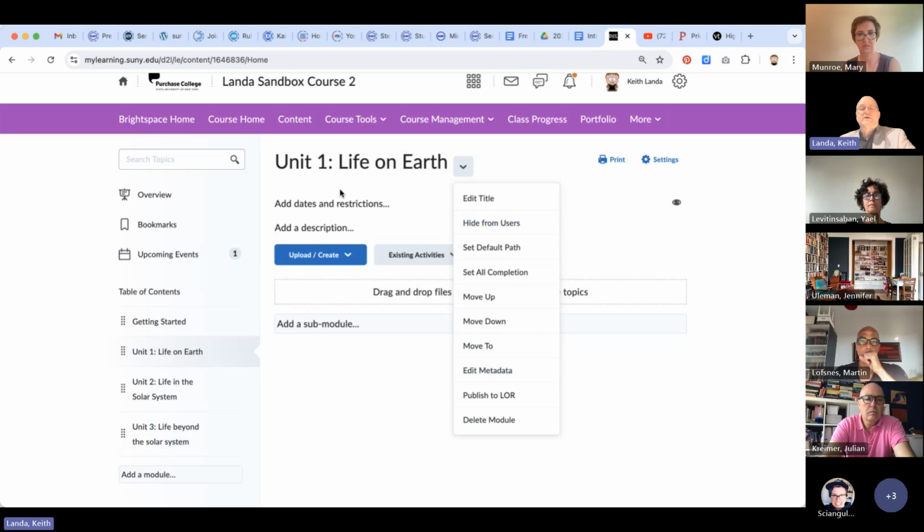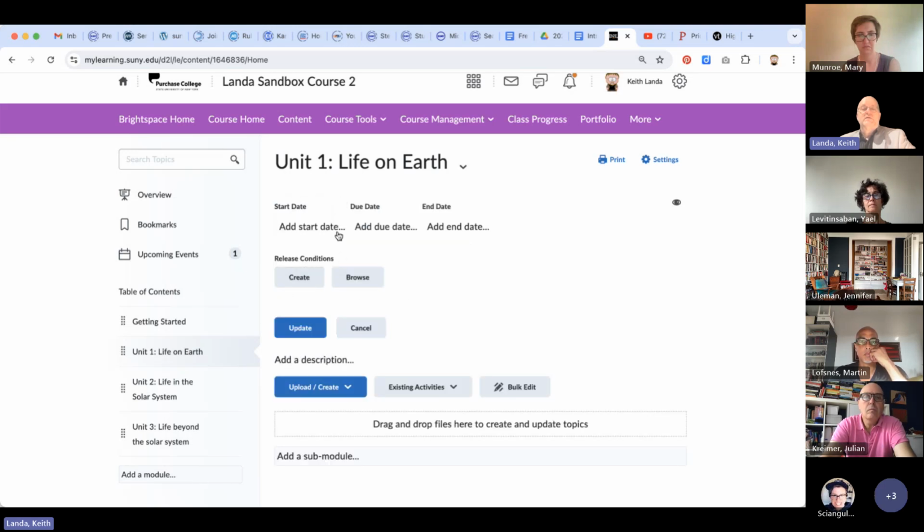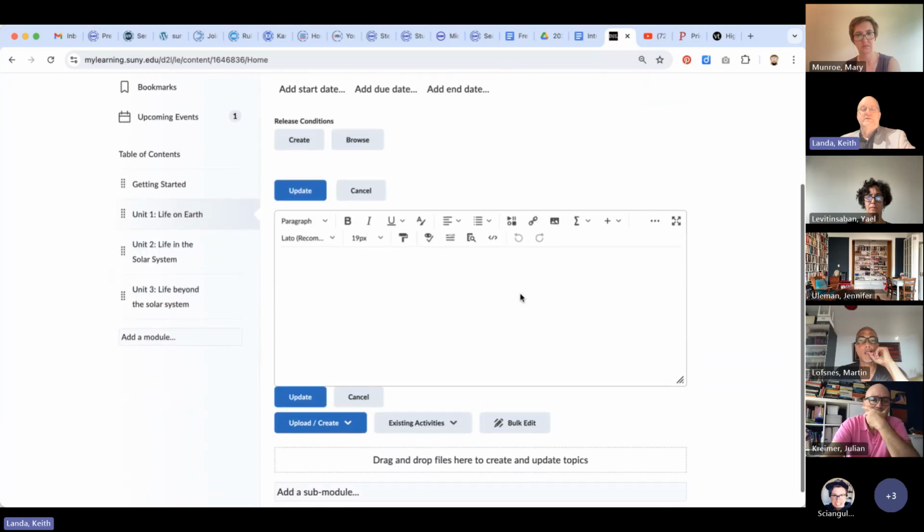Also, when you're looking at the module here, you can click on any of these areas where you can add dates or restrictions. So if you want to add a start date and a due date for this unit, you could do that. You could create conditions where students can't get in to look at the materials in this unit until they have completed some other activity. And you can add a description. If you click on add a description,